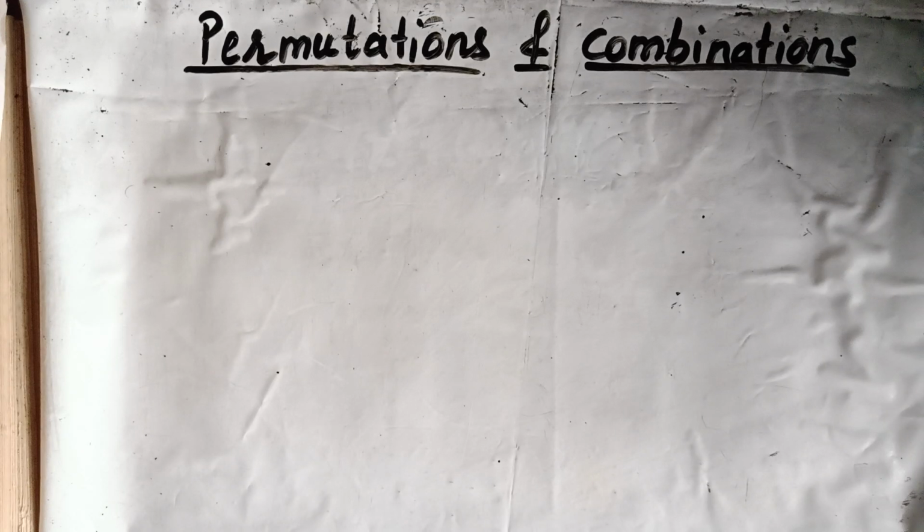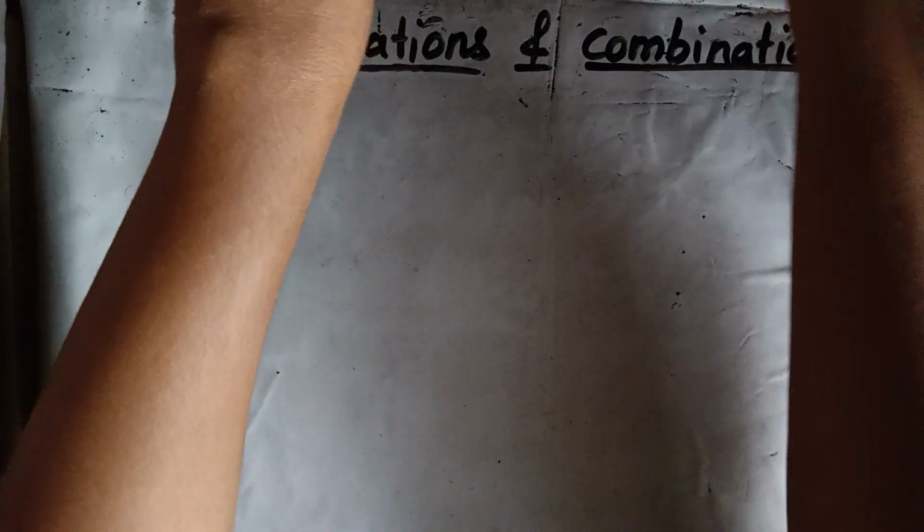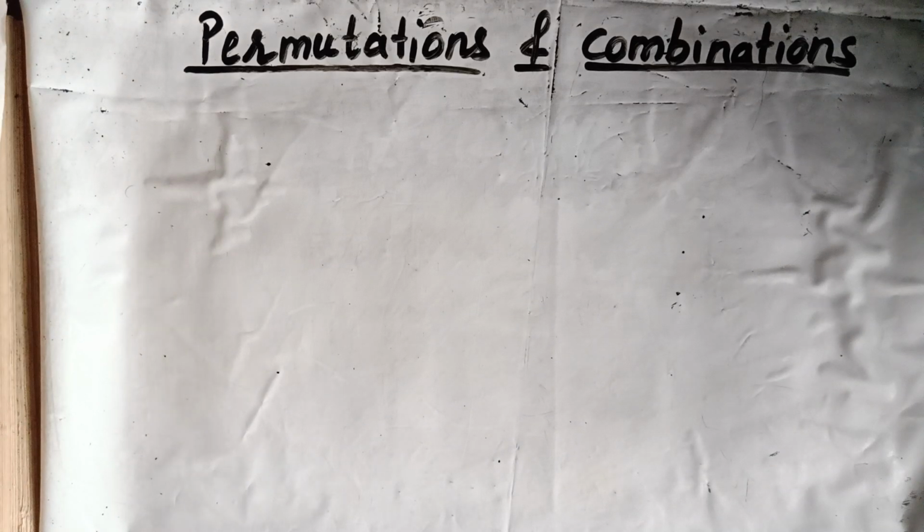Hello students. So today we are going to learn about permutations and combinations. If you are given more than one number of things and you want to choose those things in such a way that, if you take an example, say